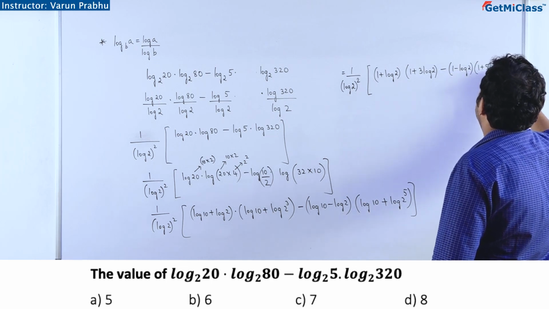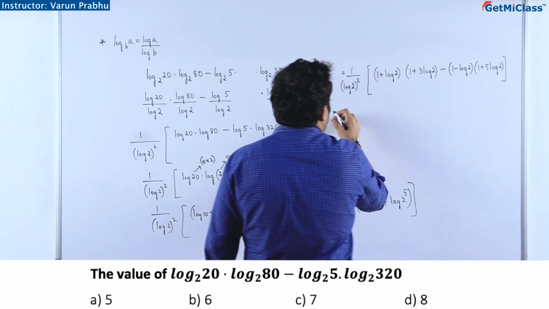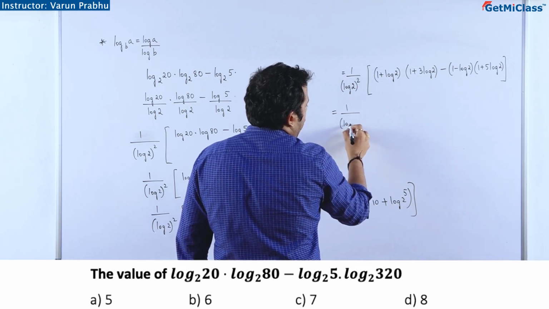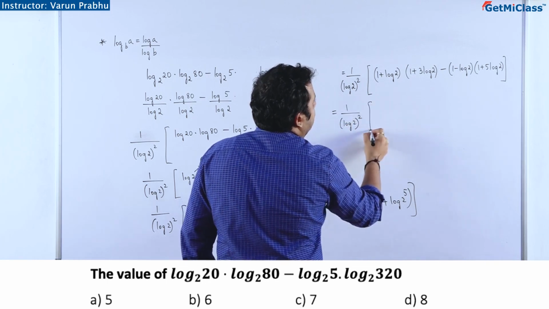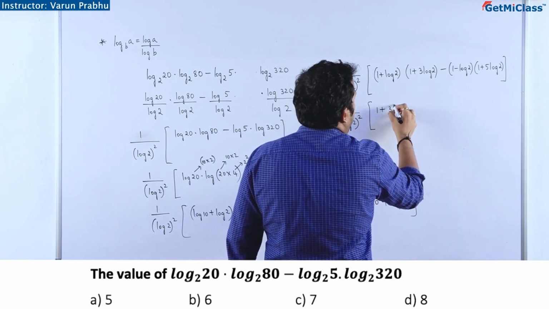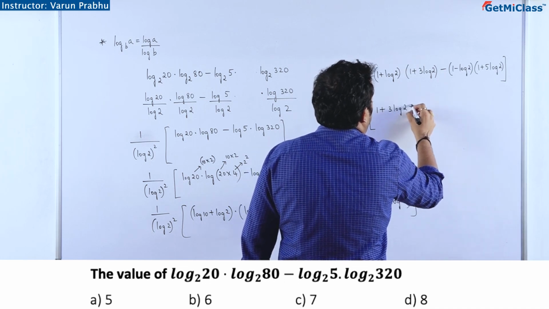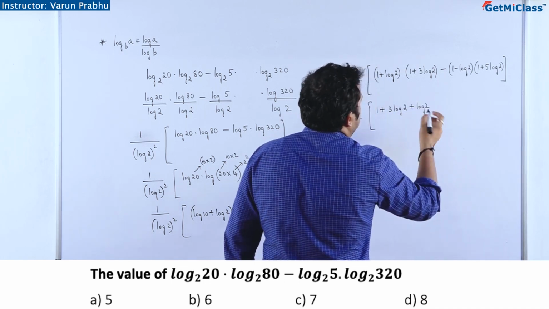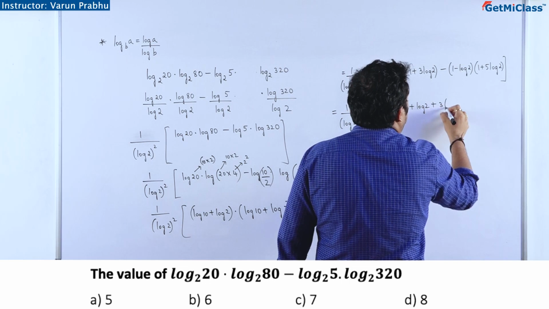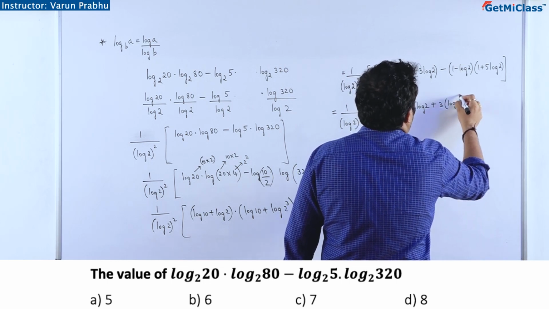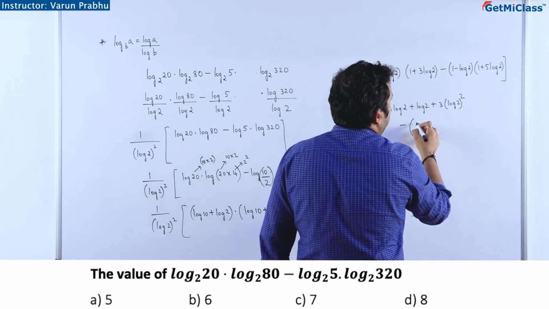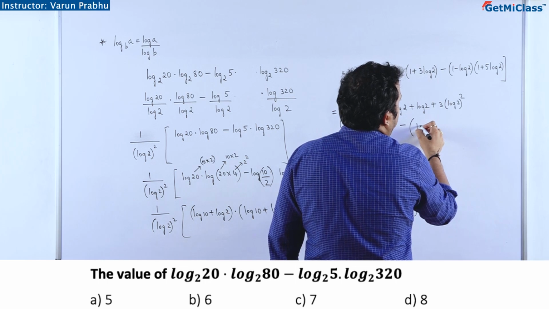So your answer will be like this: 1 divided by log 2 the whole square into 1 plus 3 log 2 plus log 2 plus 3 log 2 the whole square,